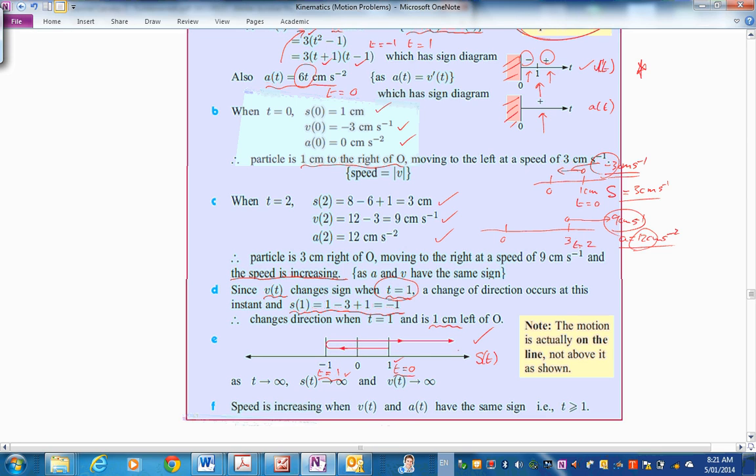So here's our little plot. Here, this is a good point. The motion is actually on the line, not above it. As shown, we want to separate these two. It's going up and down the line. Okay, not above it. It's actually, this is the air track, if you like, down here, but it's a displacement